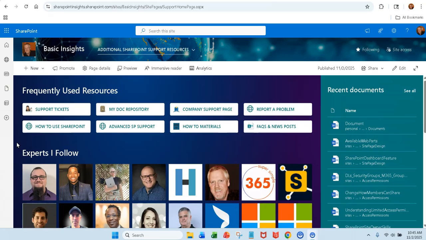I also use a list called How-To Materials, and I use the board view so it looks kind of like a Kanban every time I identify or update new content that I think can help my users. And again, a lot of it is around being a site owner, content management, how to handle permissions, design of pages, things like that. I'll go ahead and have that board view of a list ready for them to take a look at. And then finally, FAQs and news posts is a quick link I can share with them, which